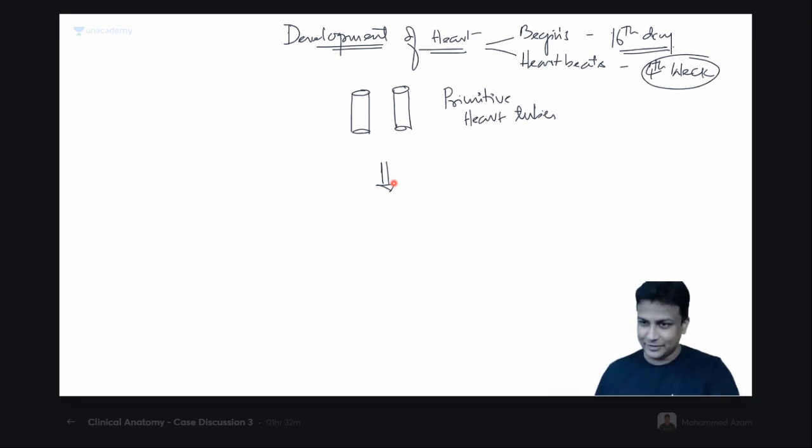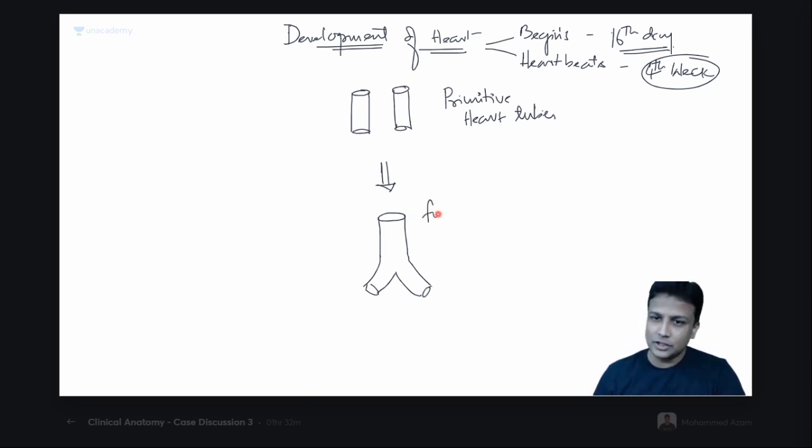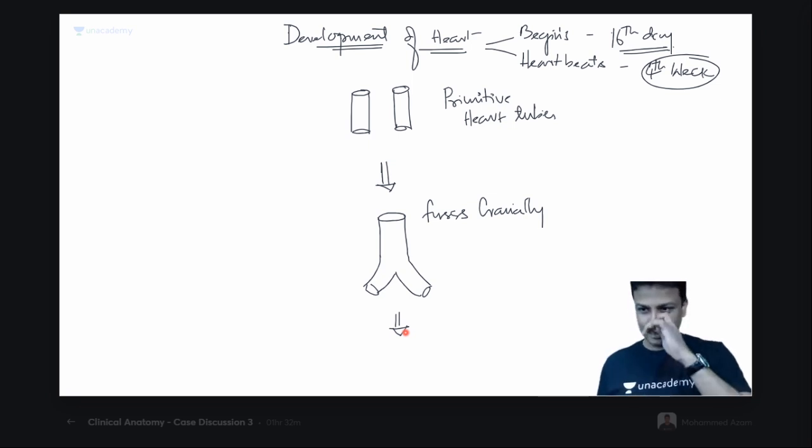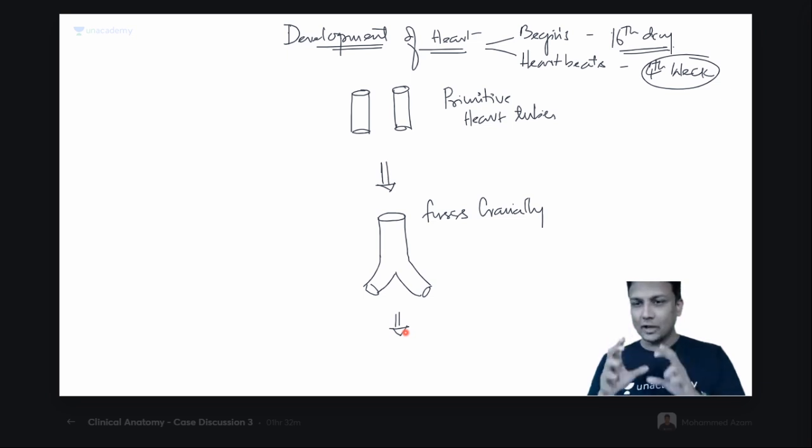Oh my God. Okay. Problem has started right from here. How many of you are learning this topic for the very first time in life? Remember, these two heart tubes are going to fuse only cranially, guys. Cranially they are fused, but remember, the caudal end will be free. Don't worry, guys. Even if you're learning for the very first time in your life, just be along with me. Another one hour, you'll become perfect. You'll get perfect knowledge right from anatomy up to medicine. Welcome. So they are only fused cranially and the caudal end is free.